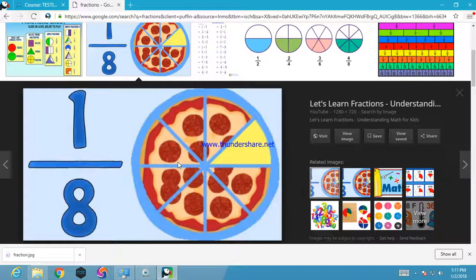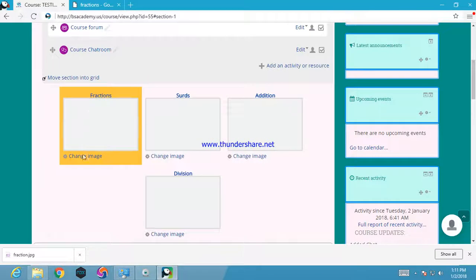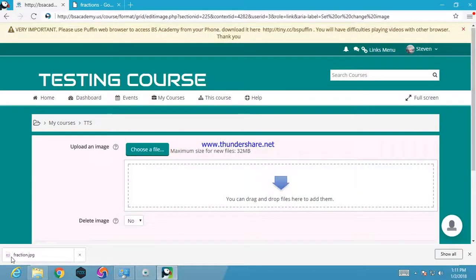But before you do that, you will have your images already downloaded. That's it. So just come to change image. You click the change image, then you can just drag